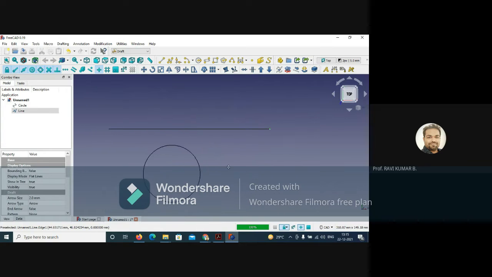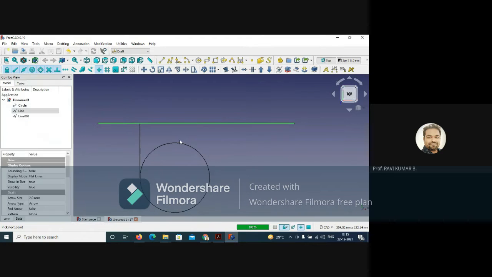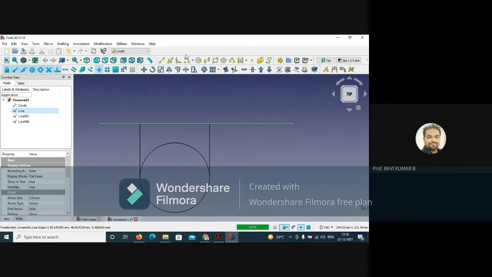Now we have to project the points. Take the line command, and you can automatically locate the points. You see here, on both sides you will get the points. Just click over the point and over this line, and similarly continue, so it will be faster. Similarly you come here. Now it's not able to locate the center, so better you close it and take the command again.